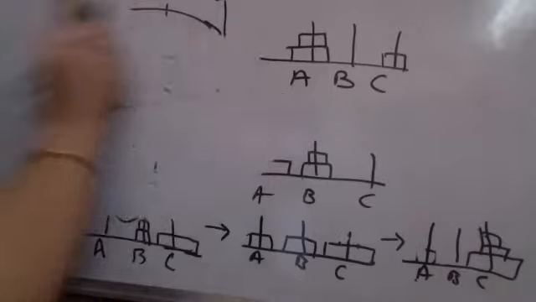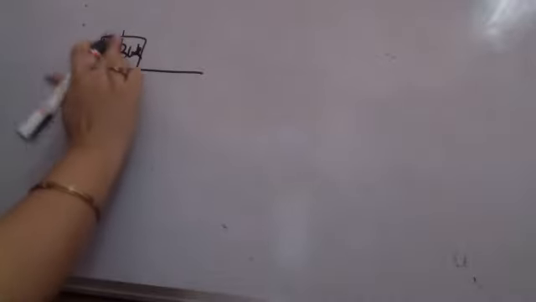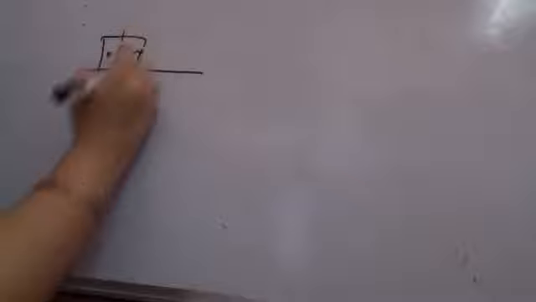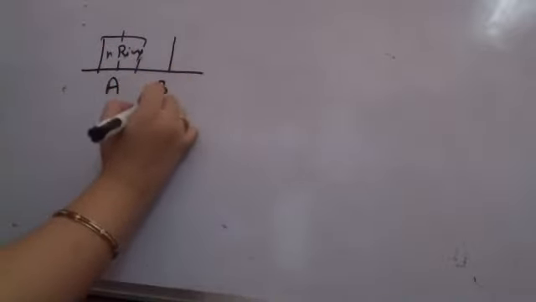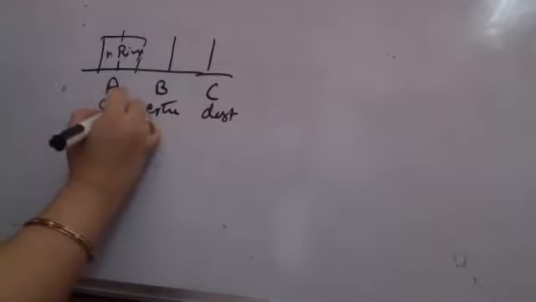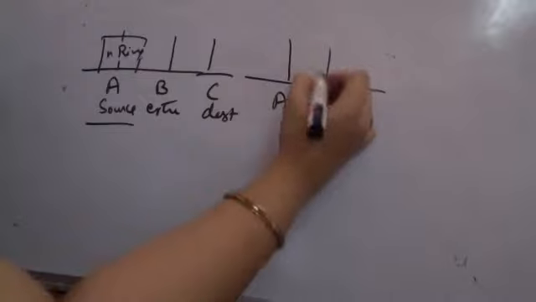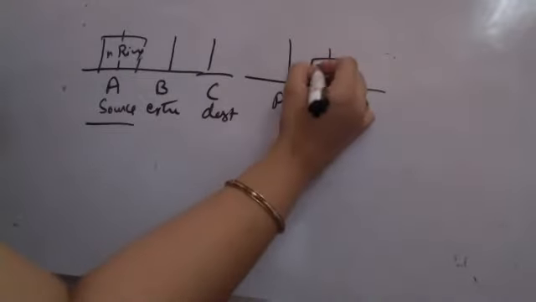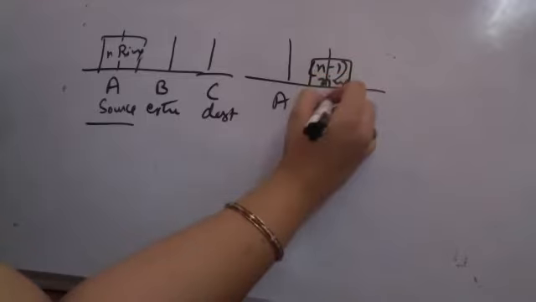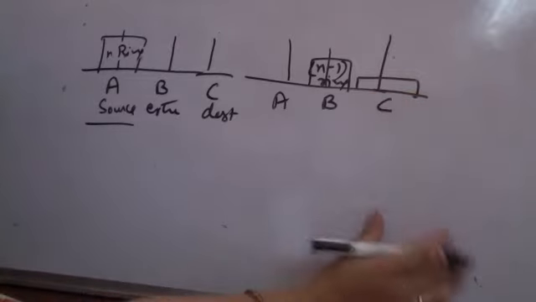सो द रिकर्जन स्टेप्स क्या हैं? The steps for recursion over here is, I am having an n block tower, n ring tower, at A. Then I'm having an extra disk B, and I'm having an empty disk C, which is my destination. This is the source, this is the destination. What I do over here is, I am somehow copying the n-1 ring tower to the extra ring, and I am copying the largest block or ring on the final destination.